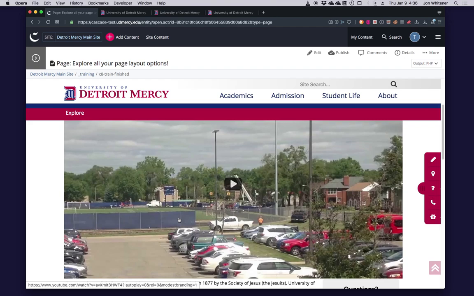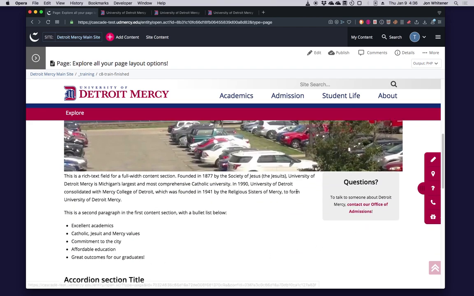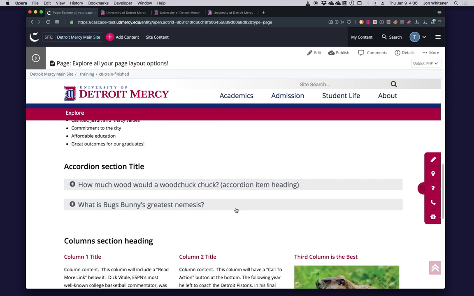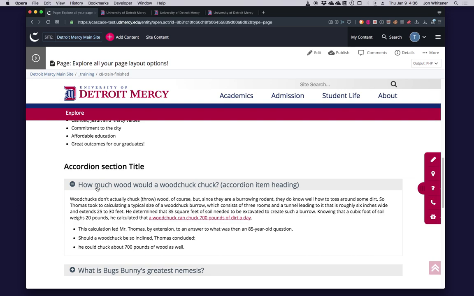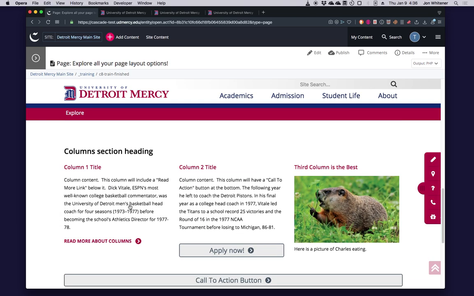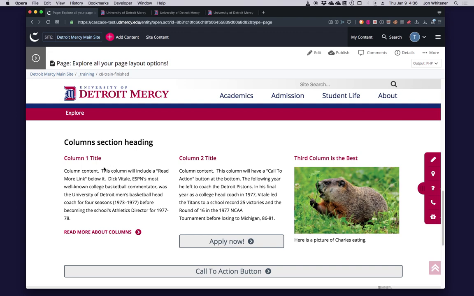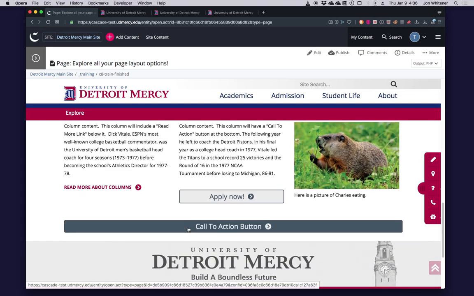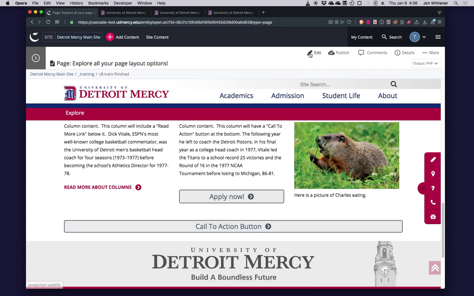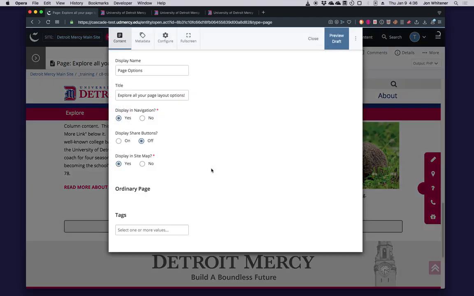You can have images, you can have videos, you have a rich text area, you can have a highlight box, you can have an accordion section, you can have as much rich text in the accordion bodies as you want, and you have the column section. You can have several columns. You have to have a minimum of 2. And then the call to action button at the very bottom is the simplest of them all.